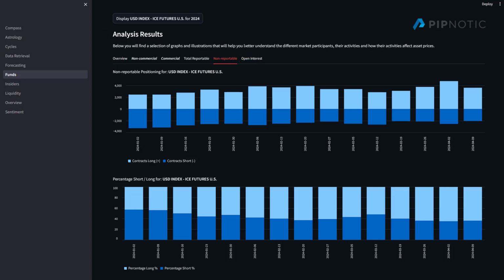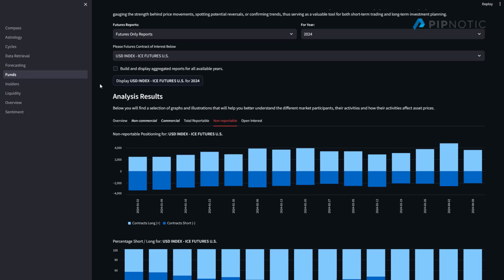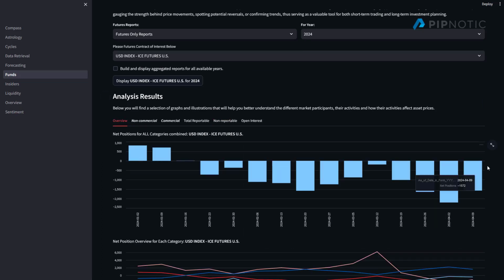But when we take all of the information, I mean all of these guys here, and this one here, this one here, and we add them all together and we subtract the shorts from the longs, this gives us the net. This is important for us because it shows us what the market is likely doing. So if we go here to the overview, you can see that we're still net short for the American dollar. But notice week on week that we are seeing a less aggressive number of short contracts. So we're seeing what appears to be the American dollar getting rid of some of those short contracts and beginning to move a little bit bullish.